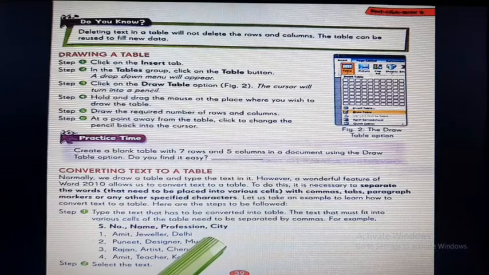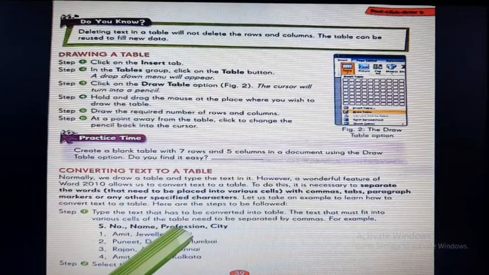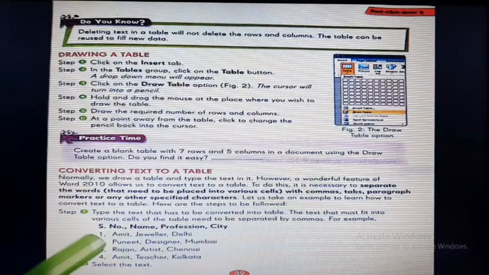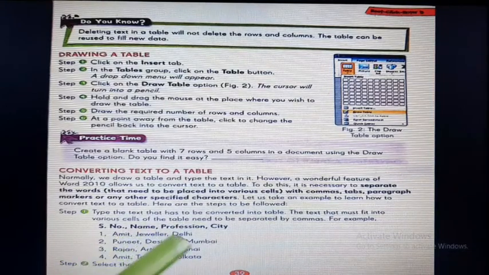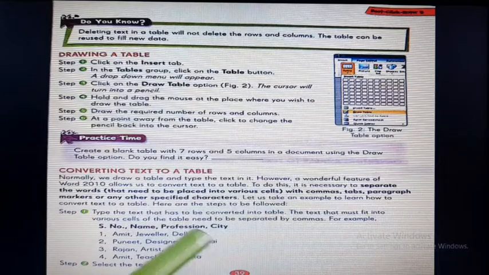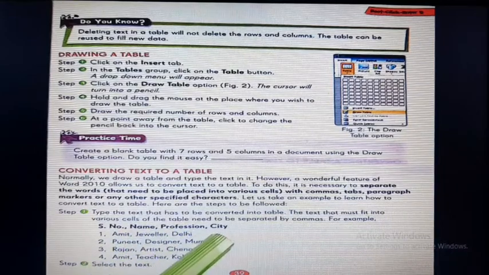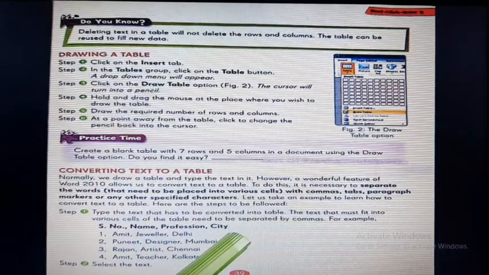Profession is in a different cell. Which ever text you want to be in a different cell, you have to put a comma, separated by comma. Okay, comma then city, then